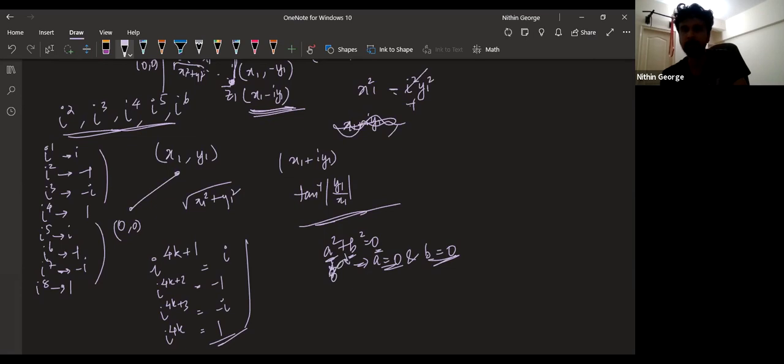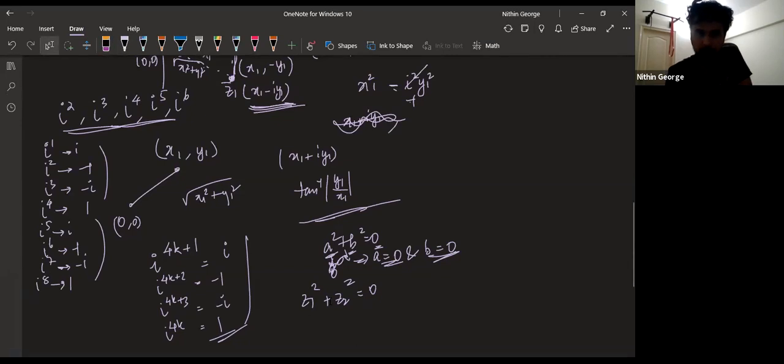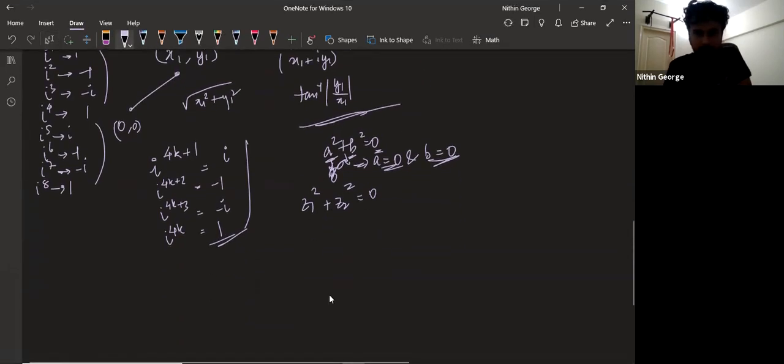That's the idea. But if I take two complex numbers and say the sum of their squares is 0, what does that mean here? It does not mean that both have to be 0. For example, I'll show you an example. Z1 equal to 1 plus i and Z2 equal to 1 minus i. Can you quickly tell me what Z1 square is?